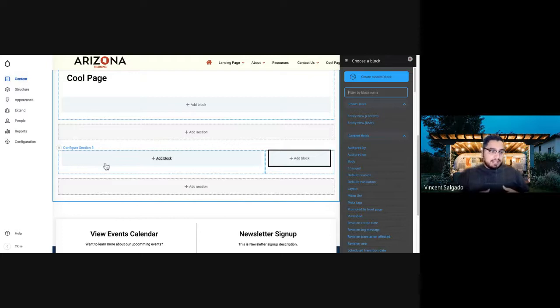Same thing with the body. I can go in here, I can find the body, which is right here. Click that, and it adds that page body back in there. But for this purpose, we are going to go ahead and just go forward. So,